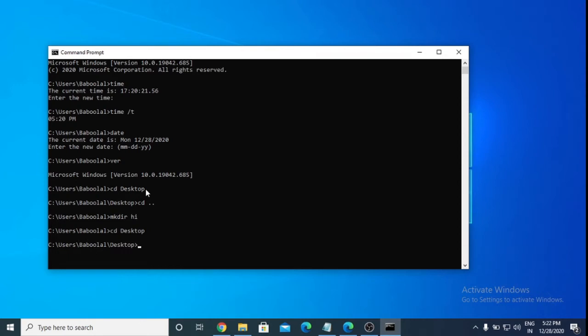Here I want to make a folder, and the folder name is Babu, so I am simply typing make directory. The short form is mkdir and the folder name Babu. And I want to go inside the Babu folder, so I simply type cd Babu.